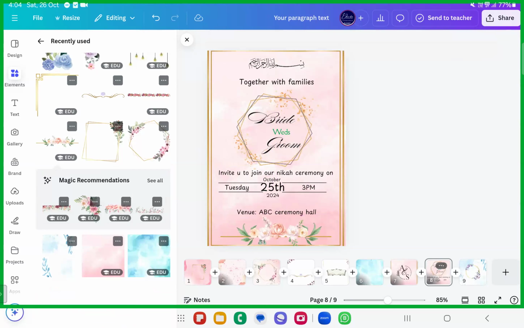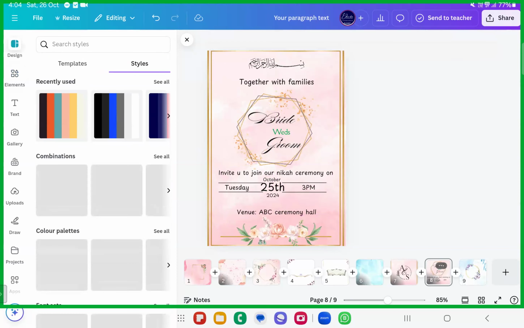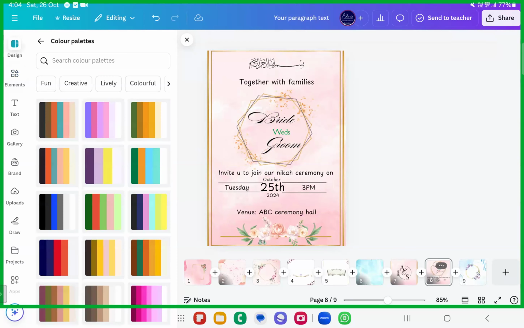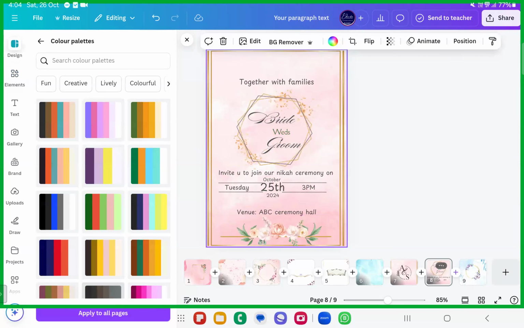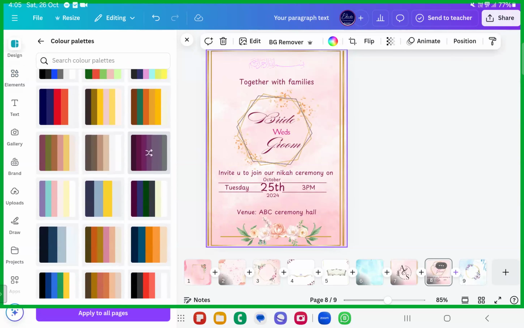So now, dear sisters and brothers, you can even change the colors to this. For example, you can go ahead with the styles, and now with the color palettes. You can even add some beautiful colorings to this. See here, something like this. Brownish, you can give it a feel of pinkish colors, right? See how beautifully the color palette works. Have you all just seen this? Try it all around, inshallah. You will love this thing.